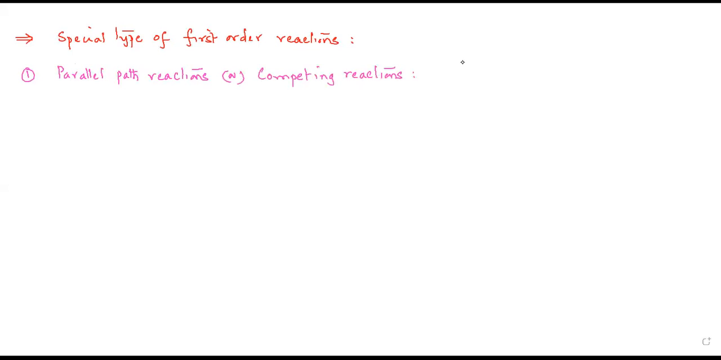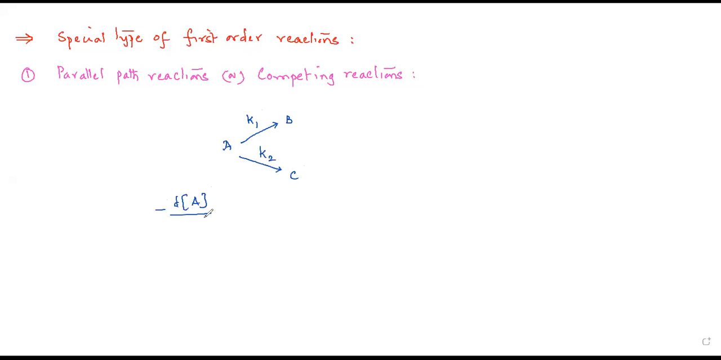Okay. Let me just give you the basic structuring. See, A gives rise to B. For this, the rate constant is K1. Similarly, A also parallelly gives C. Here the rate constant is K2. Okay. Now, for this particular reaction where A is giving both B and C in parallel paths,